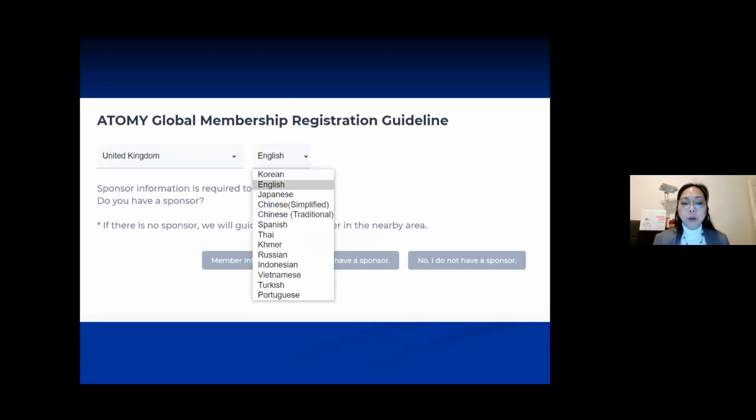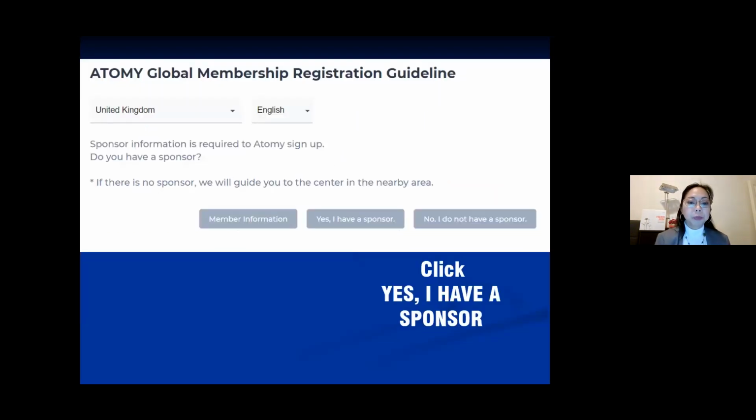Once you have chosen your language, in this case English, then you go to the bottom part here. Obviously we try to make sure that when we sign up somebody, there's a sponsor. So I just have to click yes, I have a sponsor. If you choose no, for a person who just learned about Atomy from the internet and doesn't have a sponsor, they will be directed to the nearest center